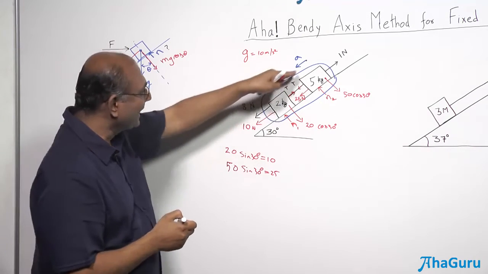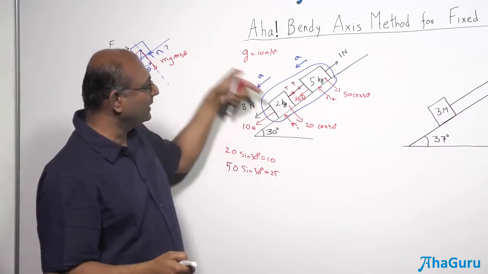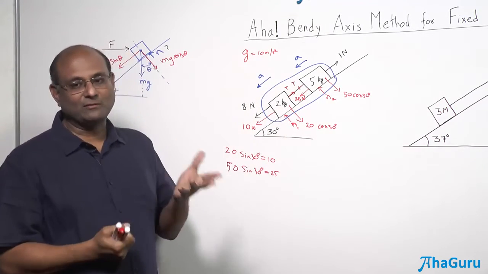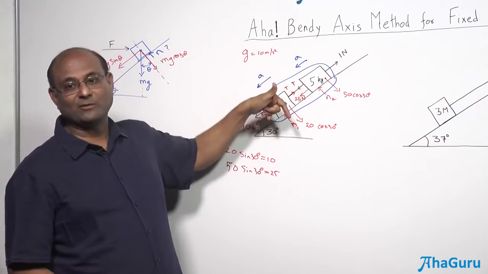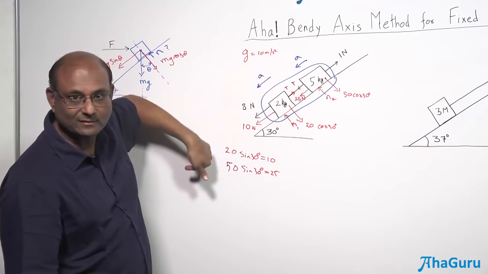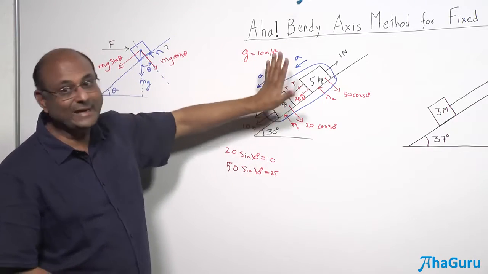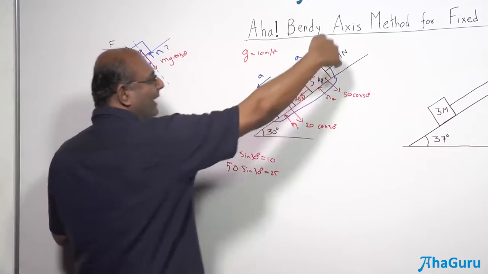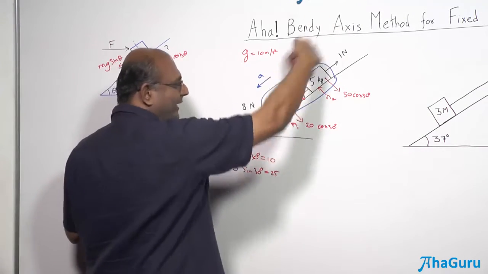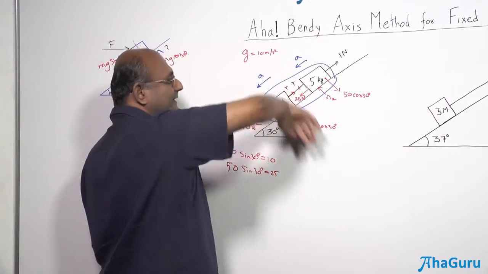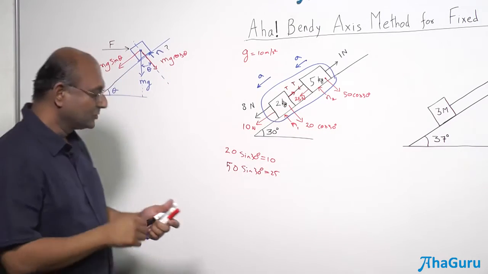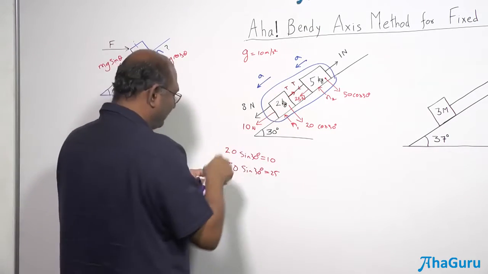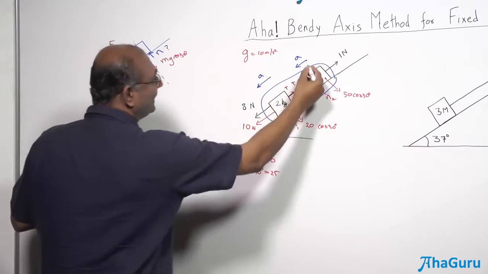And since I want only acceleration in this direction, vertical forces, well no, I shouldn't call it vertical because it's not vertical, perpendicular forces do not affect this direction. You see, I'm not using bendy axis or anything yet, but the same principle will work everywhere. Okay, so all I'm saying is that in this direction, whatever you're doing is not affected by forces in that direction. So in this direction, what are my forces? What is my net force?